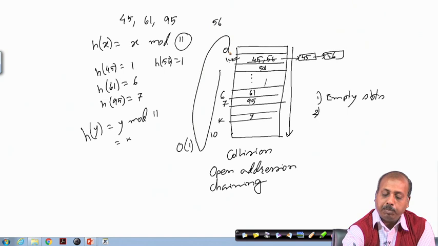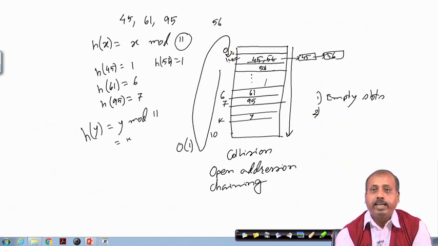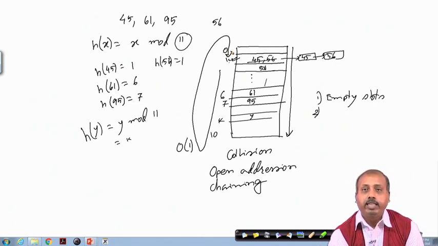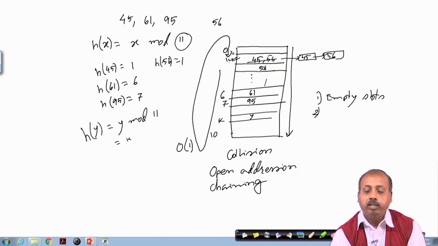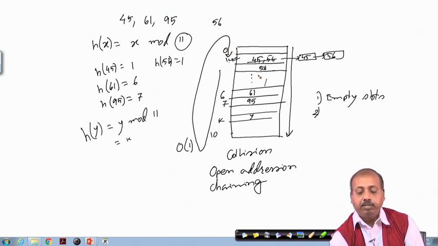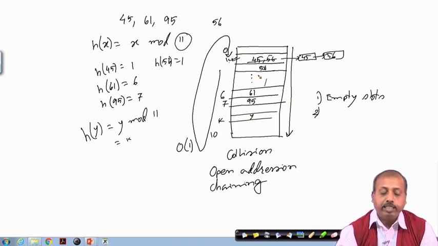If the number 56 is not there, we will search the entire table and not get it, and at that point we can declare that the number is not present in the table, but it is definitely a bit costly. But it is very likely that if the number is there, you can get it within a very short amount of time, and chaining is slightly better than that.